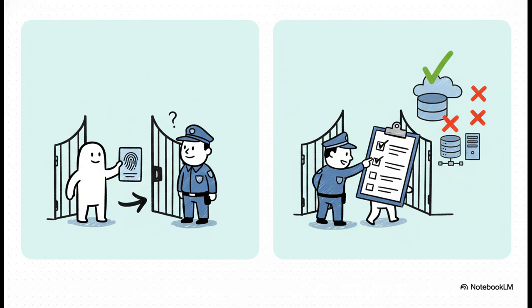And this slide just breaks it down perfectly. You've got authentication and authorization. Authentication is just asking, who are you? It's proving your identity, like showing your ID to the guard at the front desk. But authorization is the next step. It's the guard looking at a list and saying, okay, you're clear to go to the third floor, but you are not allowed in the server room. IAM does both of those things for you.